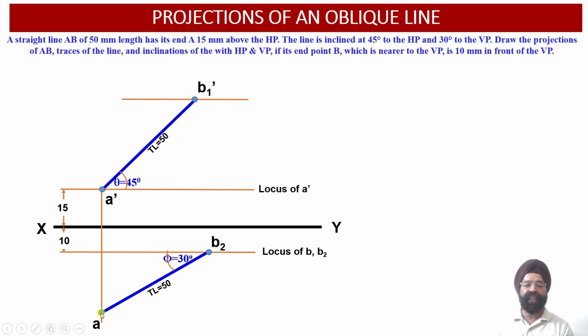Once we mark this point A, we can draw a horizontal projector line through this point A, so that using the rotation of the line method, we can evaluate the apparent length projections of this line A dash, B dash and AB over here. So now we can check: the true length of the line in the front view and the true inclination have been obtained. The true length of the line in the top view and its true inclination have been obtained.